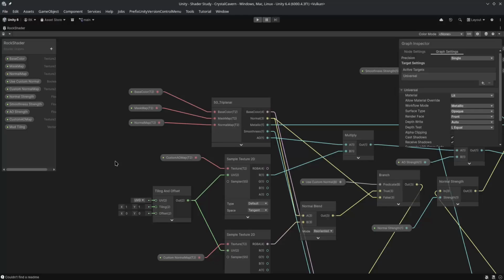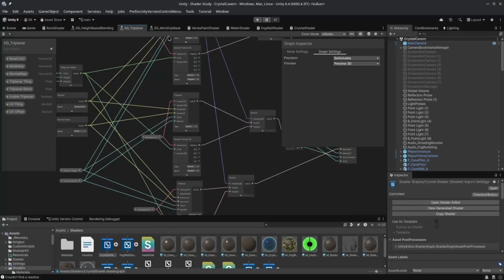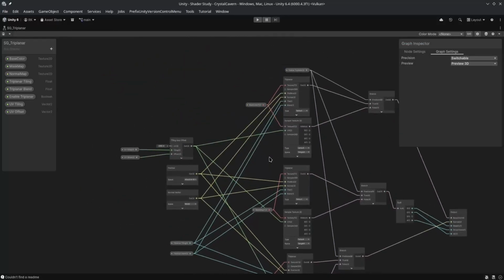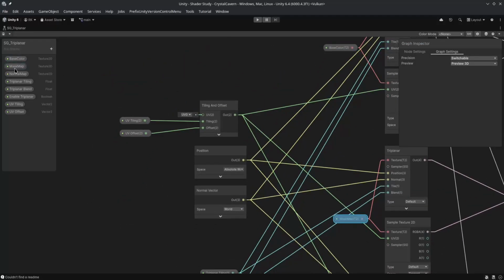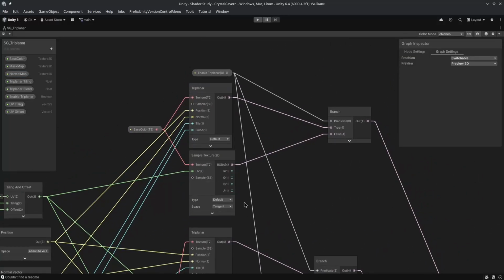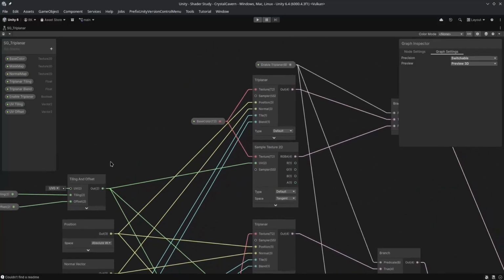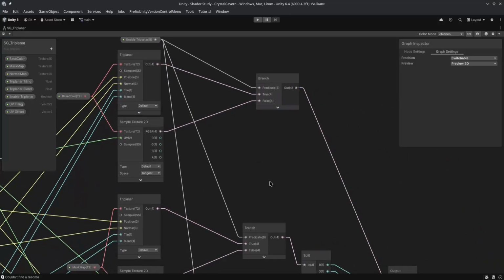The default rock shader is set up in such a way that it takes a base color, mask, and normal map, and takes it straight into this SG triplanar subgraph that I've created. It's a custom subgraph, not the default one. This thing takes base color, mask map, and normal map as inputs into triplanar nodes as well as sample texture 2D nodes. So you have the option to either have triplanar enabled via this branch node,